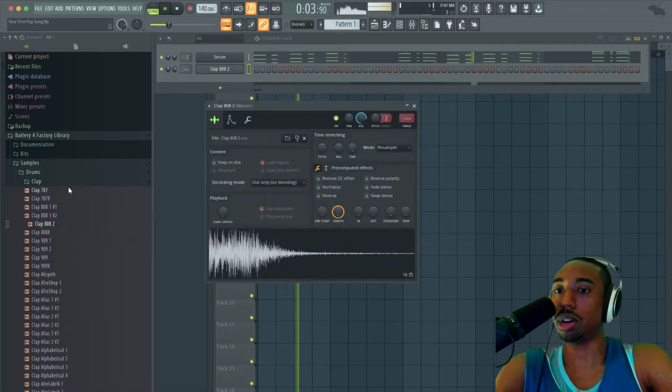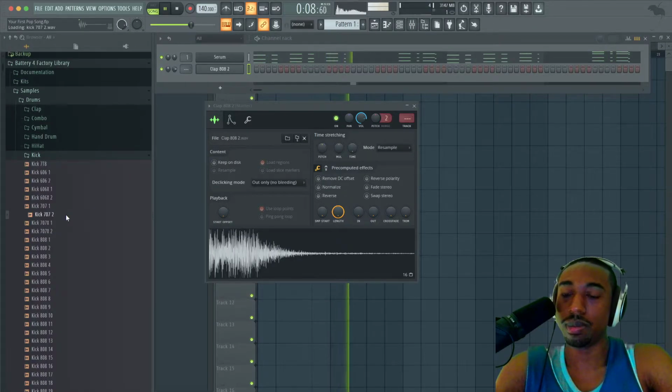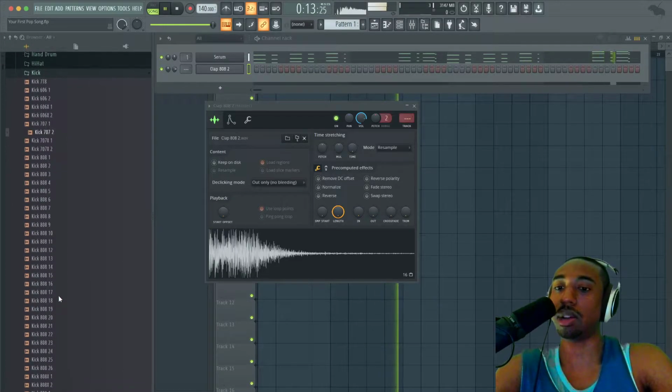Typical 808 clap. It always works in almost every genre. 707 is also used for EDM, and the 909.